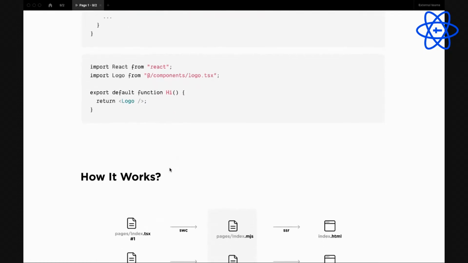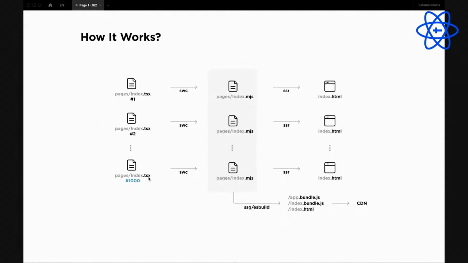Okay, so how does it work? Suppose your app has 1,000 pages, right? Before, if you use Webpack, it will bundle all 1,000 TSX files for you.